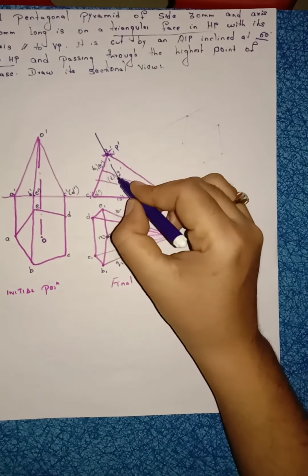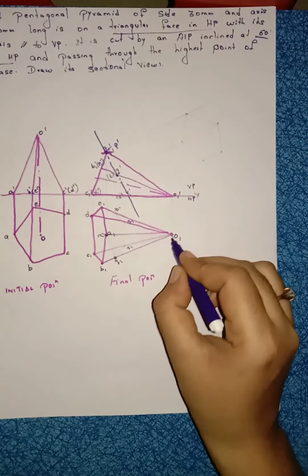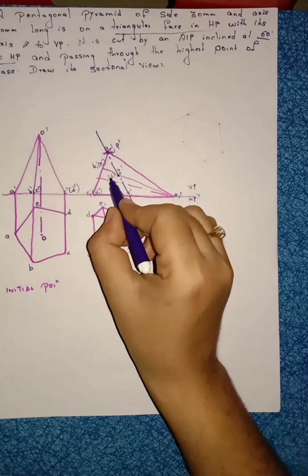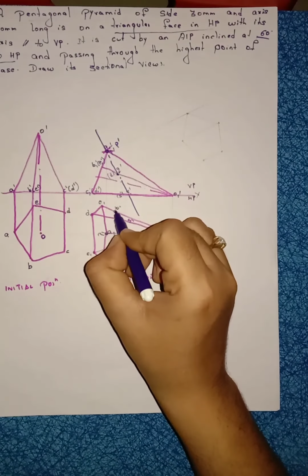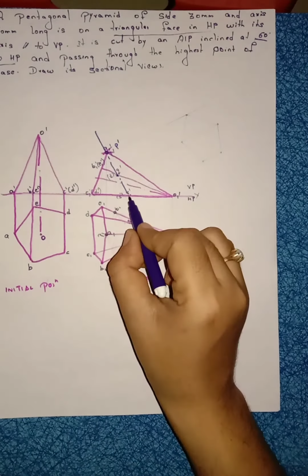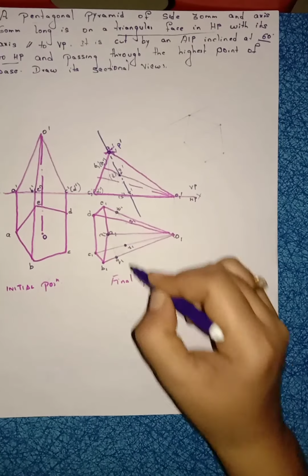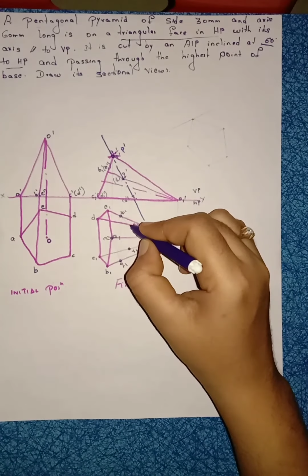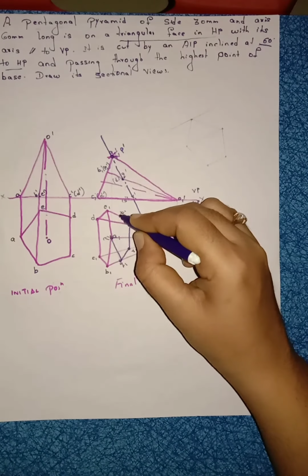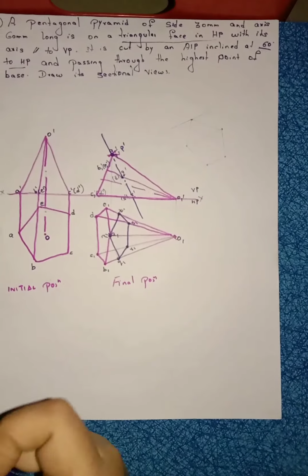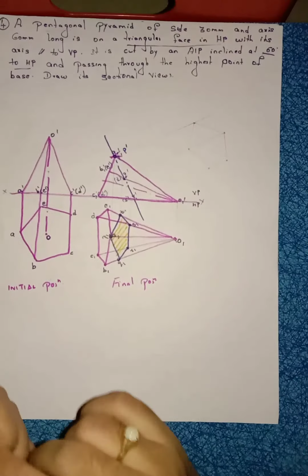Right? Now you see Q is in between O and B. From Q, draw a straight line in between O, B. Next point is T. In between O and E, mark T. Then next R. R is in between O and C, mark R point. S is in between O and D, mark S point. Join here P, Q, R, S, T. Right? This is your sectional view. This is called the sectional top view.